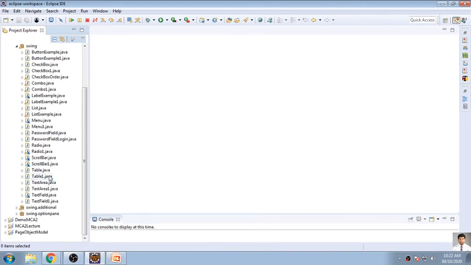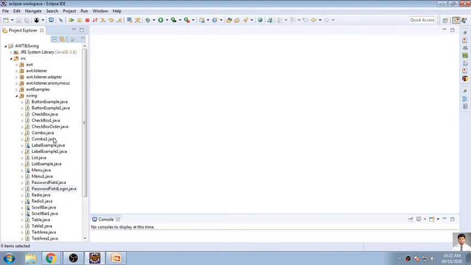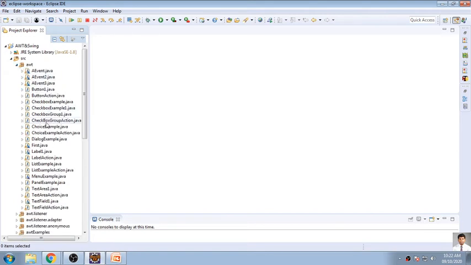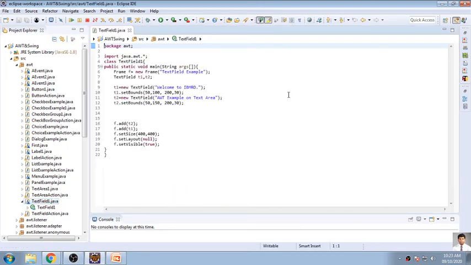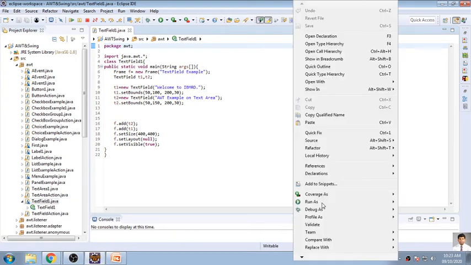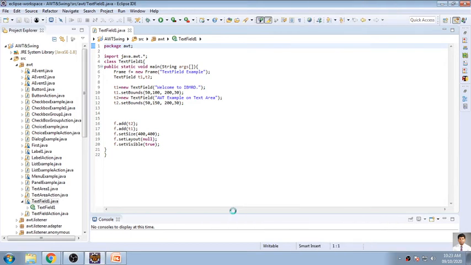Yesterday we started with button, but before that I want to show you that AWT text field. So I am running this one. See, it is AWT. Here I have not used any Swing components. AWT package.